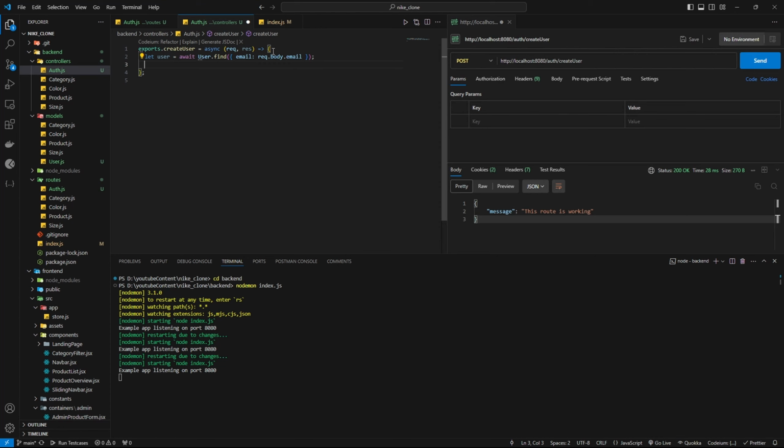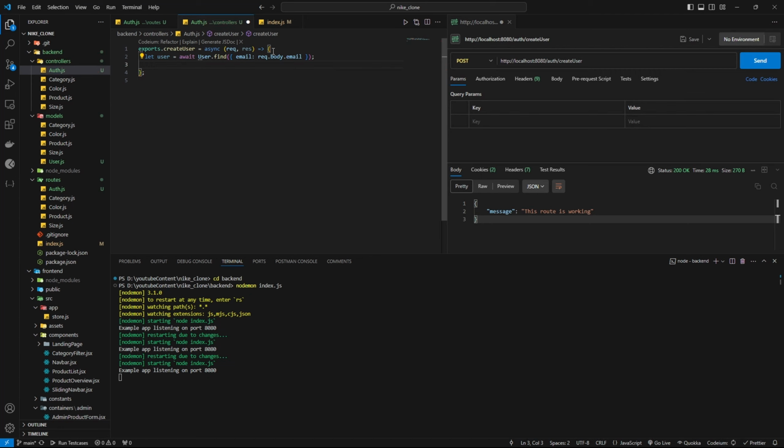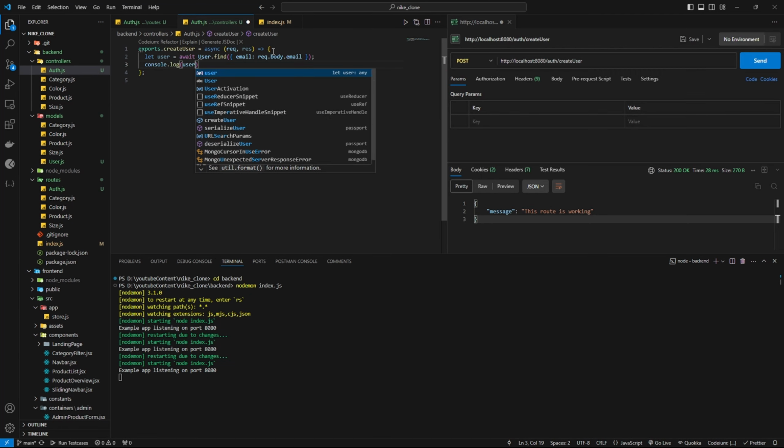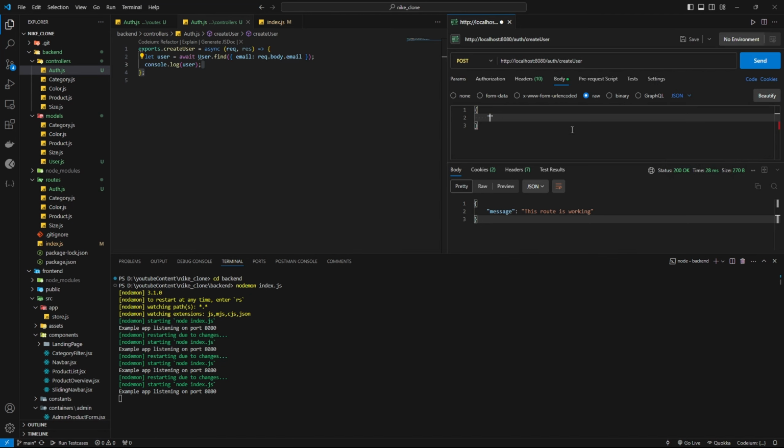It depends on whether the user exists or not. So if the user exists, we can write it like, let's console.log the user to see now. In the body, let's add some raw JSON data. Let's say email will be like@gmail.com. This email doesn't exist in our database, so it is not going to give